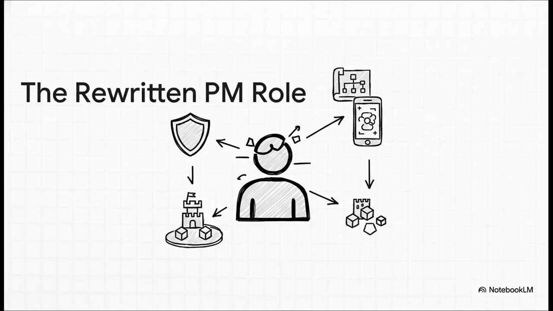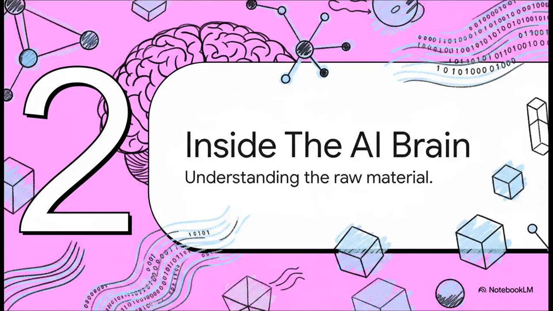So what does this mean for the role of a product manager? Well, it's being rewritten in real time. It's not just about managing a backlog anymore. Suddenly, you've got to be in the room making architecture decisions, designing truly AI-native experiences, and being the one who sets realistic expectations. And things like building data moats and leading with safety, they're not side quests anymore, they are the main event.